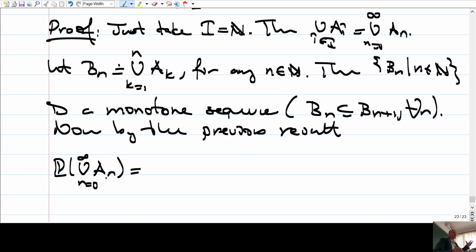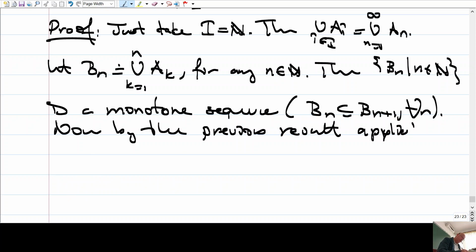This infinite union is the union of the partial unions. By the previous result applied to